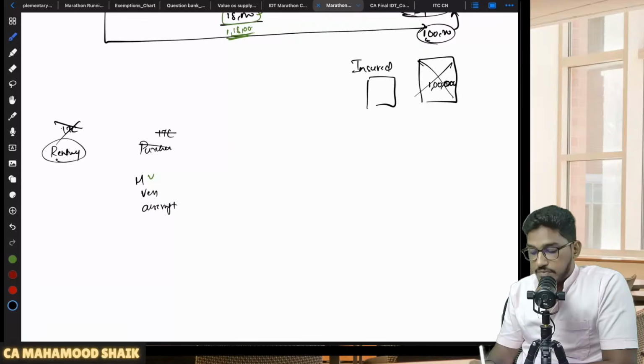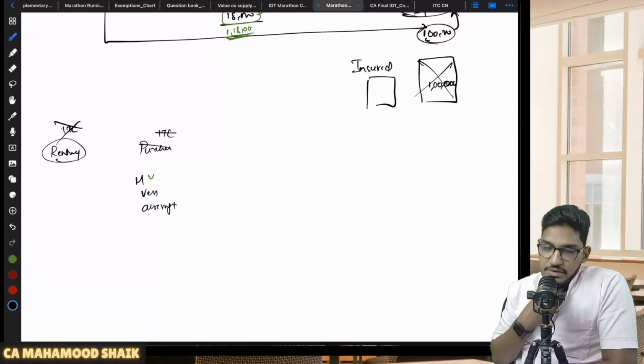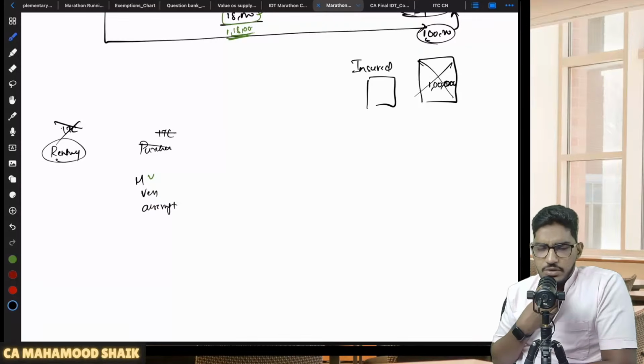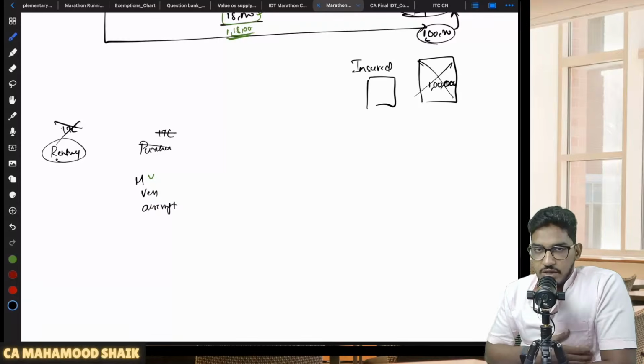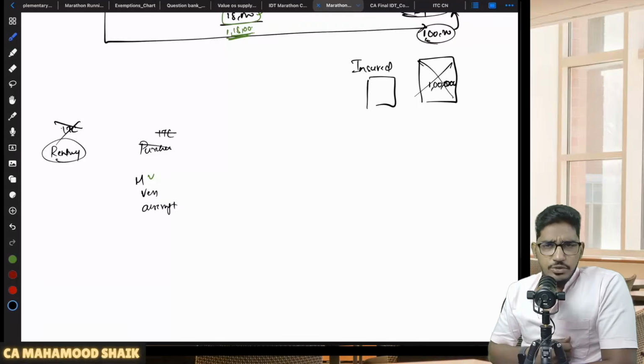No, sir. Here they have told no. Not possible. In case you are ineligible to take the ITC on the purchase of a motor vehicle, vessel or aircraft, even on its leasing or renting, you can't avail the input tax credit. Why? Because if they don't put this, people will do like this. Instead of buying the motor vehicles, vessels and aircraft, they take it on lease, because on lease they can take ITC. So people will try to override the law.